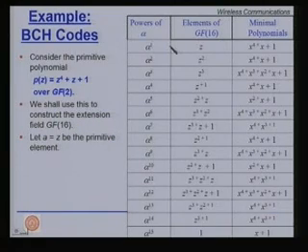Then you take powers of alpha and keep on taking modulo p(z). So, alpha is equal to z, alpha squared is equal to z squared, alpha cubed is equal to z cubed, but the moment you have alpha 4 is equal to z 4, what you do is take modulo this one. So, you will get z plus 1, again alpha 5 is z squared plus z, and so on and so forth. Again please note, alpha raised to power q minus 1, alpha 15, will give you 1. On the right hand side of the table, we have the corresponding minimal polynomials.